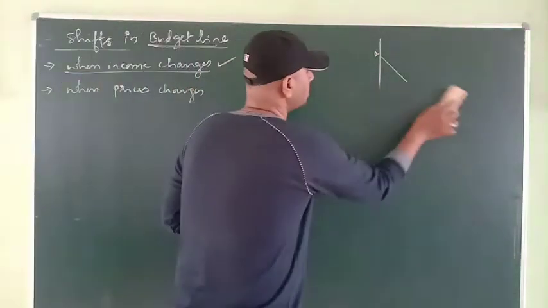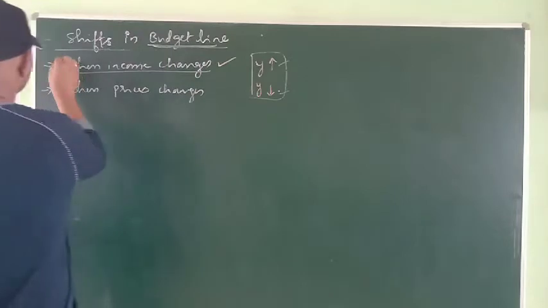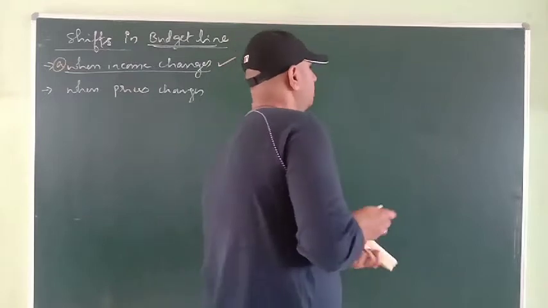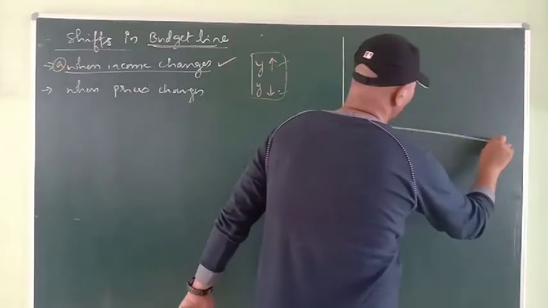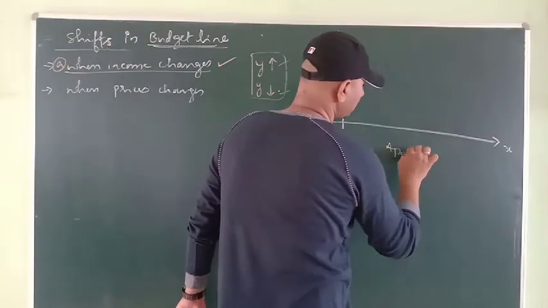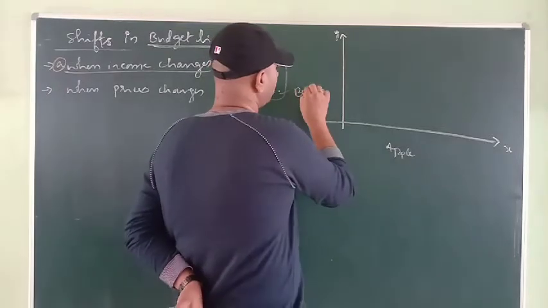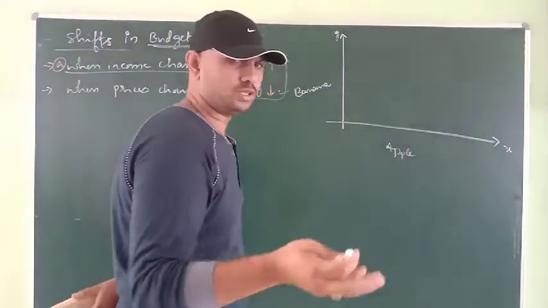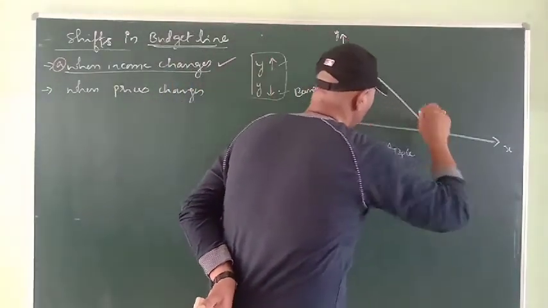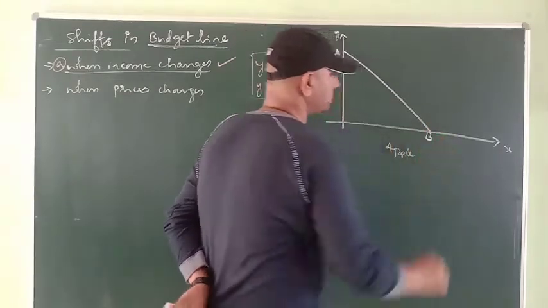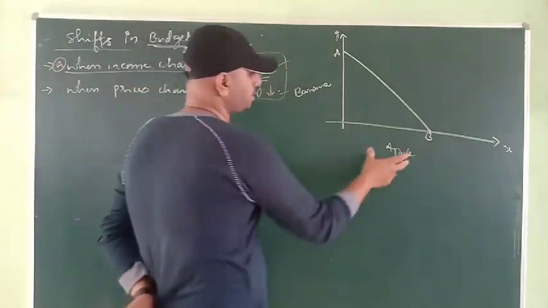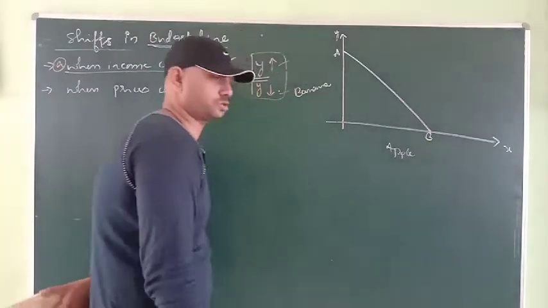budget line. So coming to the diagrammatical representation of the first point, A, when the income of a consumer changes. Assume this is an old budget line where on the x and y axis we have taken apple followed by banana. We can take any of the goods, but for example purposes we have taken these two goods. So assume this is a budget line where we have taken A and B as the old budget line. My question is, when the consumer income is rupees 20, then this is a different combination of these two goods.